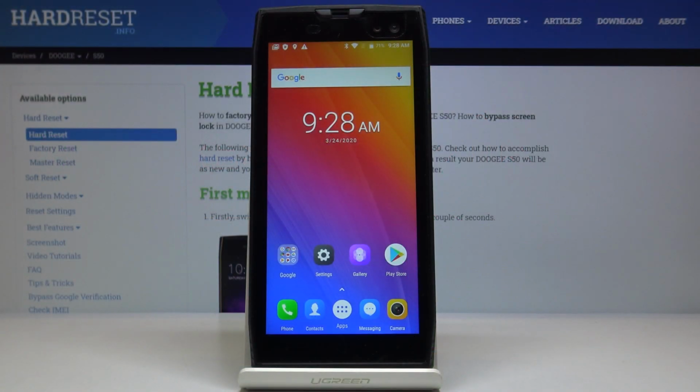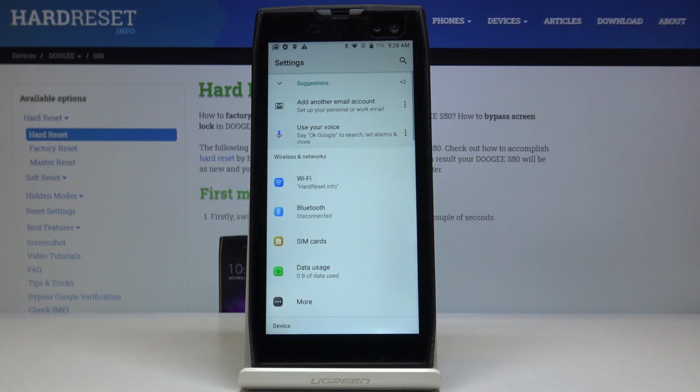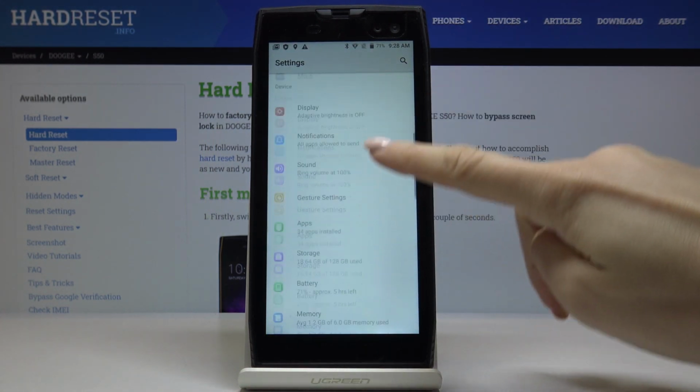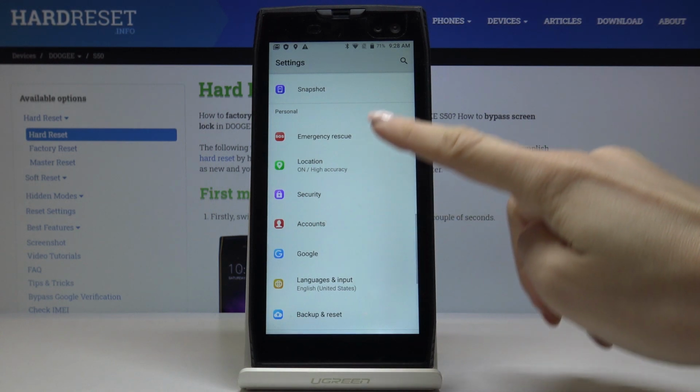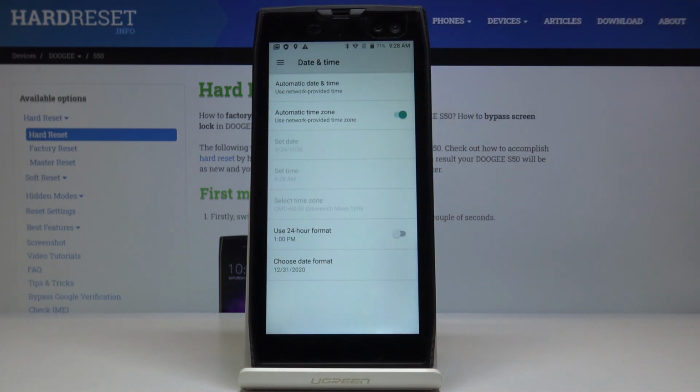Here I've got DOOGEE S50 and let me show you how to change date and time on the following device. So at first you have to open the settings, then find and choose Date and Time. It's the first tab under System,